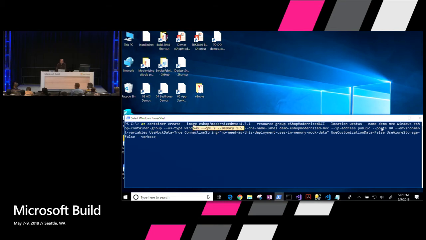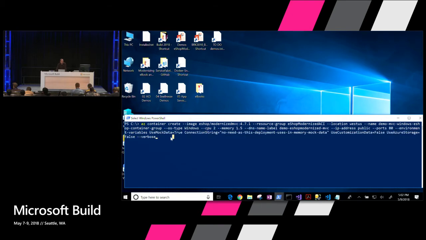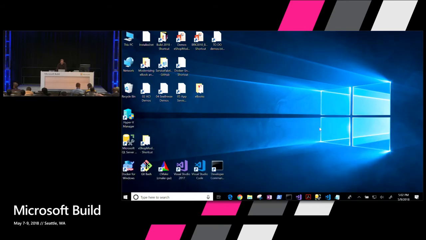And then environment variables. This is depending on your application. Like use mock data, true, connection string, or use customization data if you want to load data from files. This is related to my application. And with that, you just hit enter, and it will be deployed. I can do it from here. And while it is doing that,